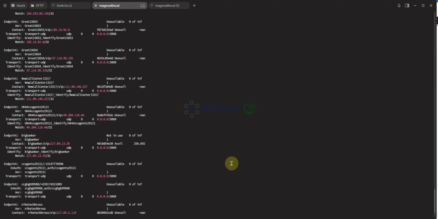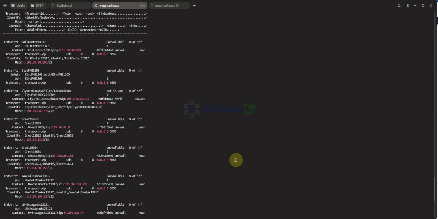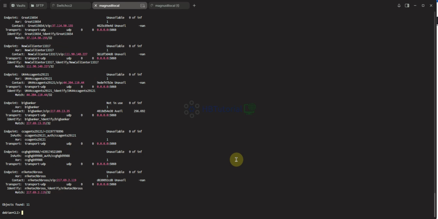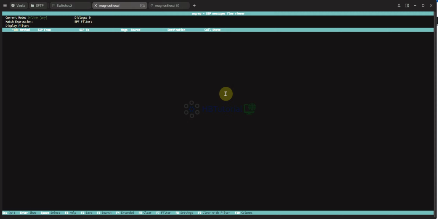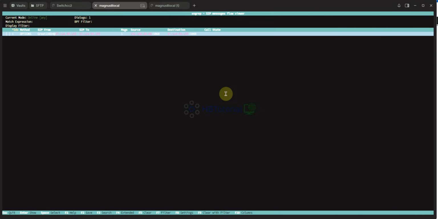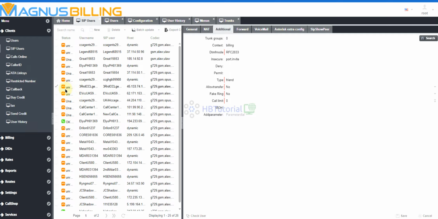This should be our endpoint. It looks like, let's try creating one SIP user.